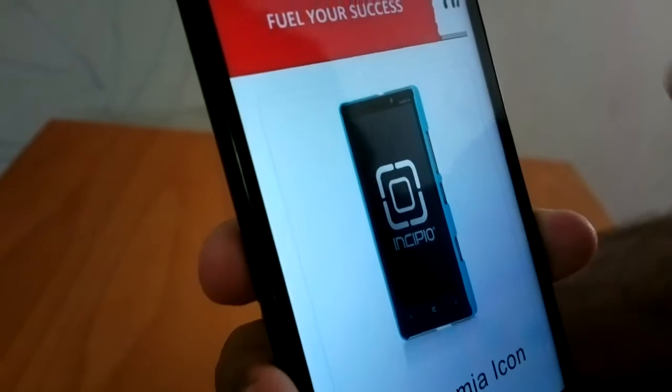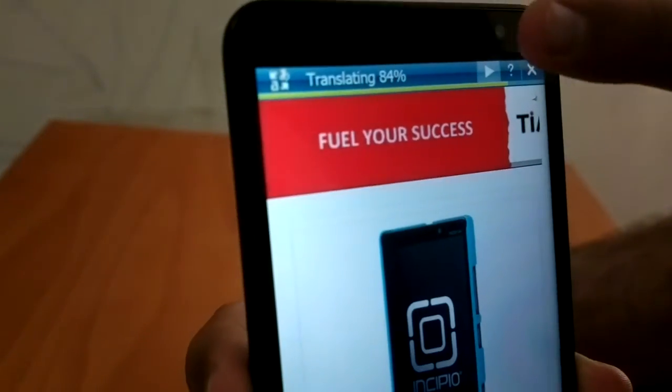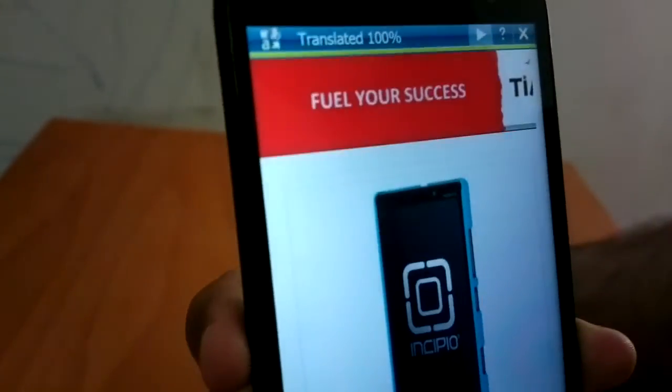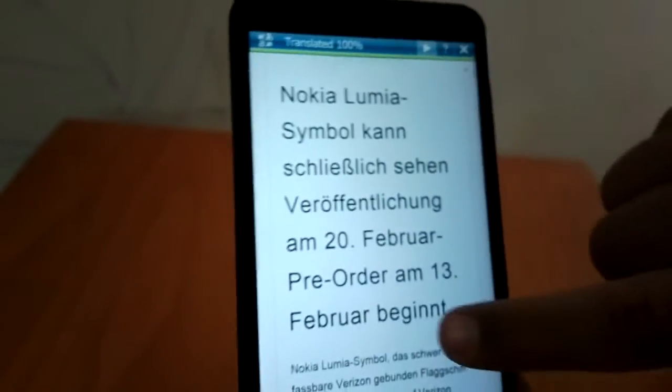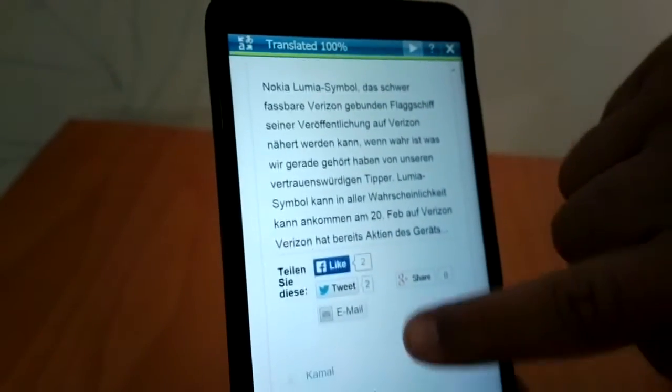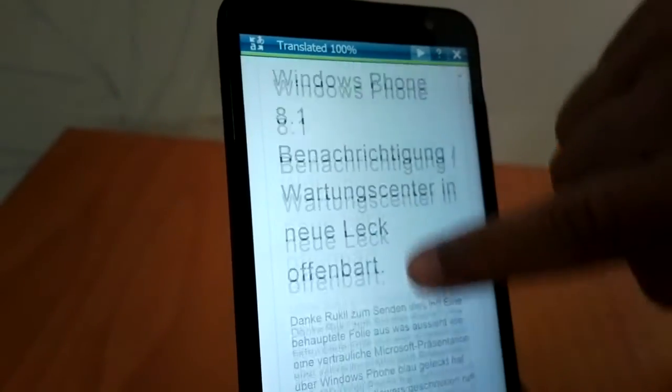So see, it has started translating, and now you can see nokiapoweruser.com translated in German.